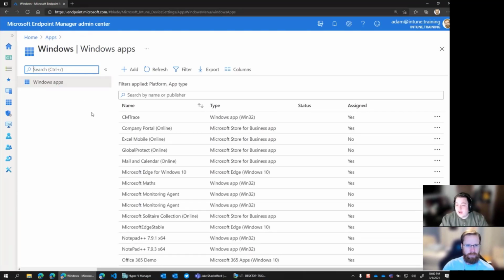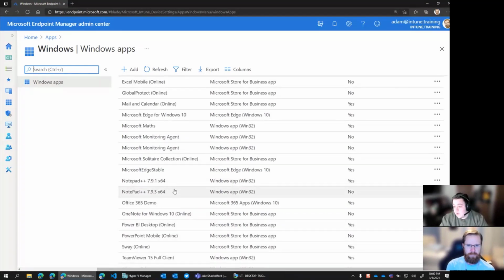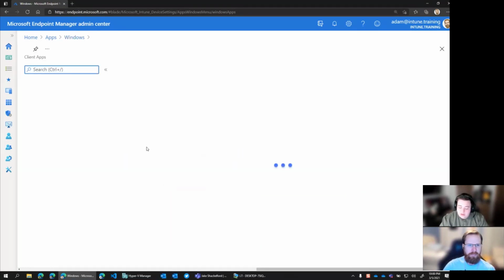Down towards the bottom, we have two Notepad++ versions, 7.9.1 and 7.9.3, both in the 64-bit architecture. If we open one of these up and go to the properties for it,